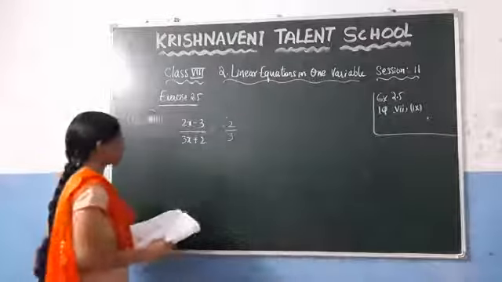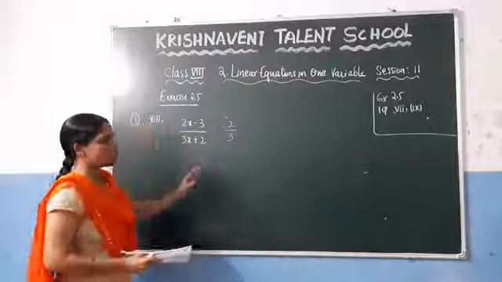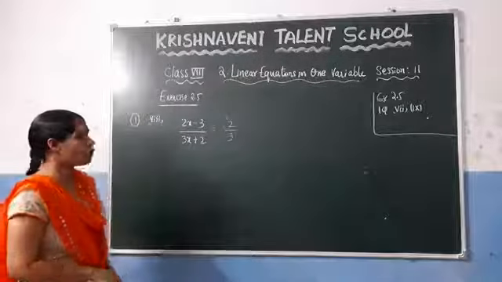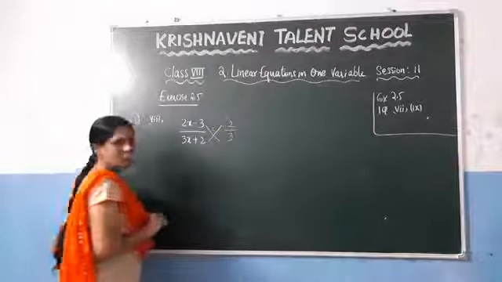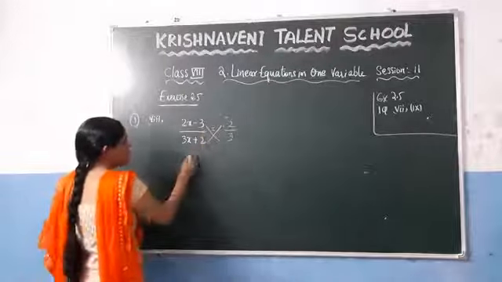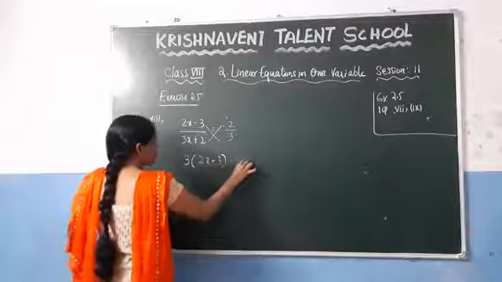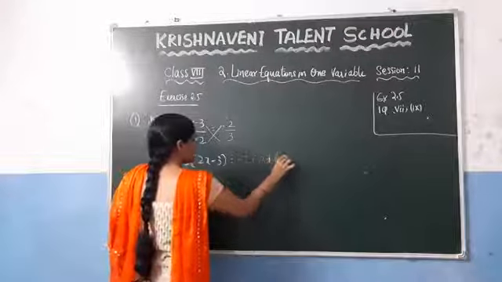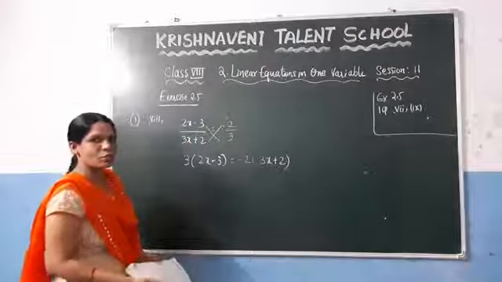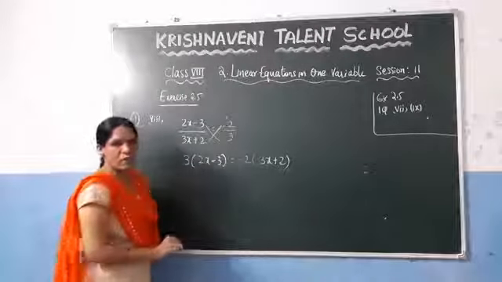Now see the 8th one. Here, how do you solve this one? So many times we have solved. If 2 fractions are equal, you can cross multiply those values. That means 3 into 2x minus 3 is equal to minus 2 into 3x plus 2. This is nothing but the cross multiplication. That means you need to multiply these two values and these two values, both are equal.